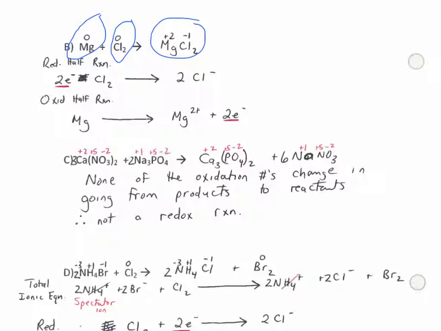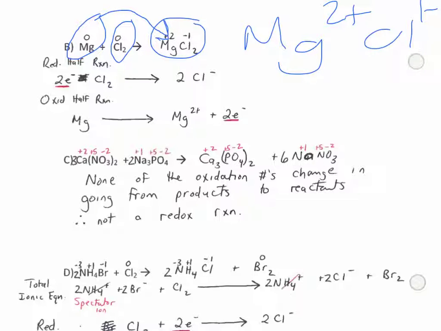But I think the better way to look at this, in the case of magnesium chloride being an ionic compound, is that the charge on each one of those ions is the same as their oxidation numbers. And so we can see that magnesium is going from 0 to +2, and chlorine is going from 0 to -1. And so chlorine has been reduced, hence I can write it in the reduction half reaction. I just take the elements, so I take Cl2 and I've got Cl- on this side,